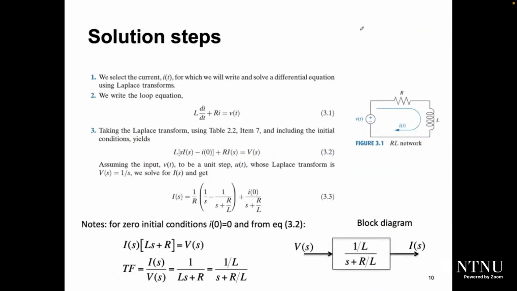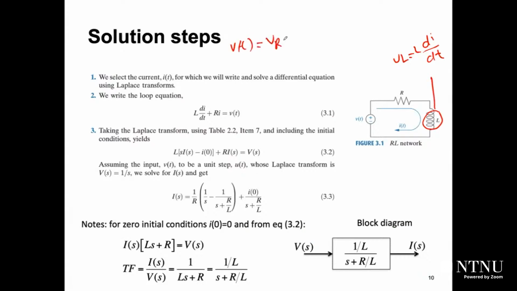But there are steps which we need to follow. If you want to follow some solution steps, first we need to select the current I of t, for which we will write and solve the differential equation using the Laplace transform. We need to write an equation for I of t, right? We need to write this loop equation, L di by dt plus Ri equal V of t. We will look into the voltage drop here. Voltage drop here is VL equal L di by dt. So using Kirchhoff voltage law, the summation of voltage V of t equal IR plus VL. So you can say that V of t